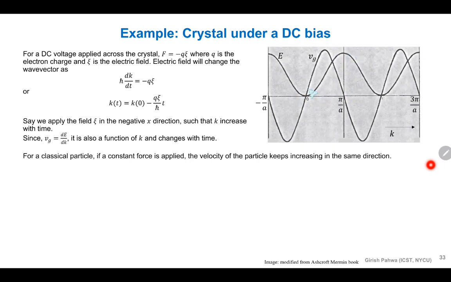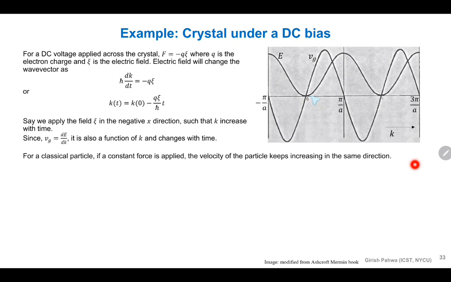You have a 0 here. If you draw a line here, that will give you 0 slope, so you have Vg equal to 0 here, and somewhere here you have a maximum. So this is a positive one. Here you have a negative one. Here you have negative, positive, because it's periodic, so it's going to look periodic. E versus k is periodic, so dE/dk will also be periodic. Right, so then we talked about